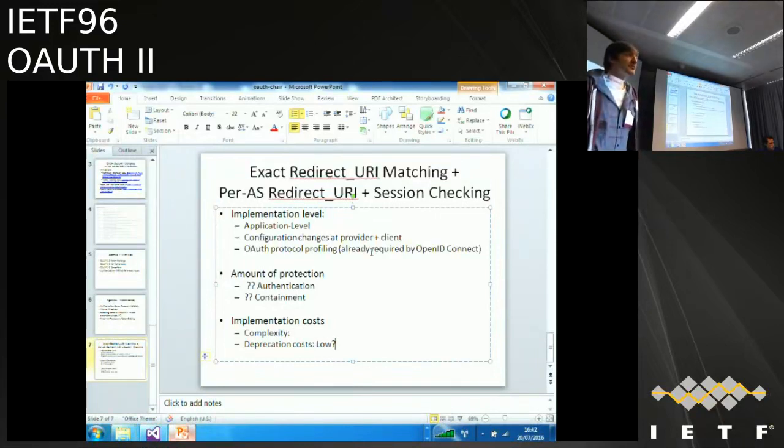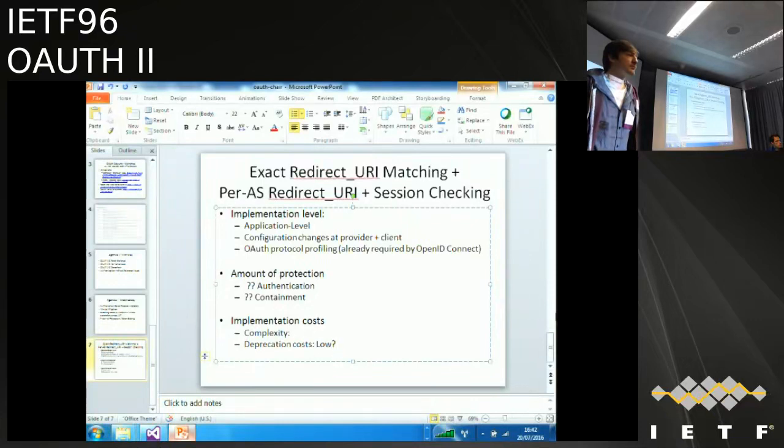We cannot, the working group is not in the mood to agree on normative changes to OAuth within a reasonable amount of time that will actually protect end users. So the only viable thing I can see going forward in the short term is to provide non-normative guidance, best practices around exact redirect URIs, all of the things. It's going to be a bunch of best practices that clients are going to have to rewrite themselves with.